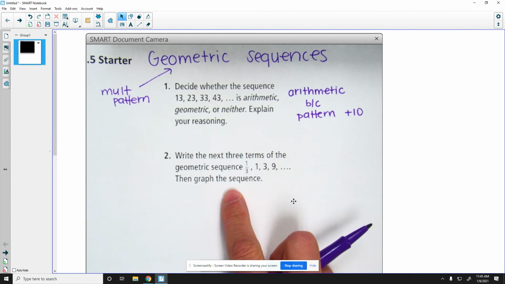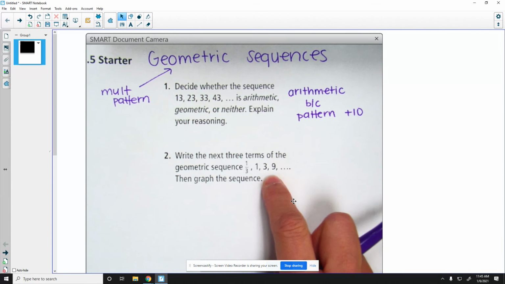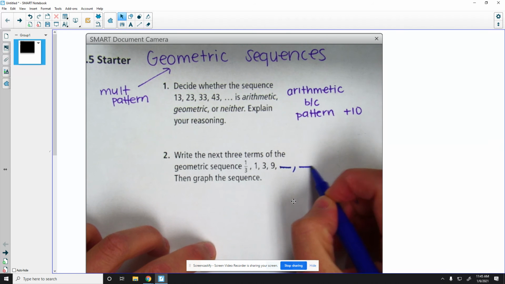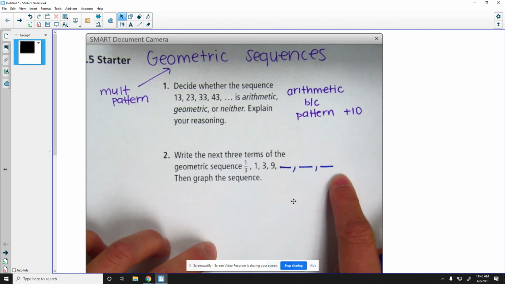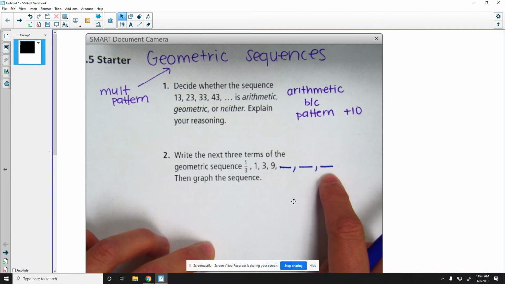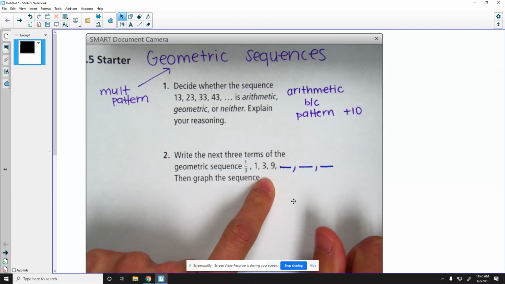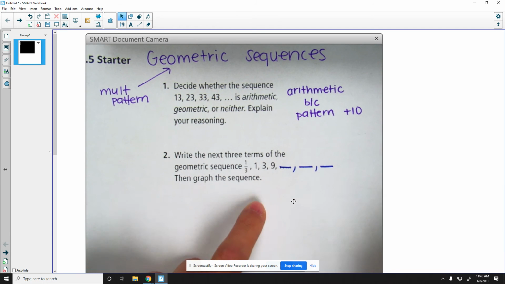Write the next 3 terms of the geometric sequence. So they're starting it off for us, and then graph it. So if I'm writing the next 3 terms, I'm literally just going to draw 3 blanks, then you just fill in the blanks. So I can't write the terms unless I know the pattern. Someone online, do you think you can unmute yourself and tell us what is the pattern? You're multiplying by